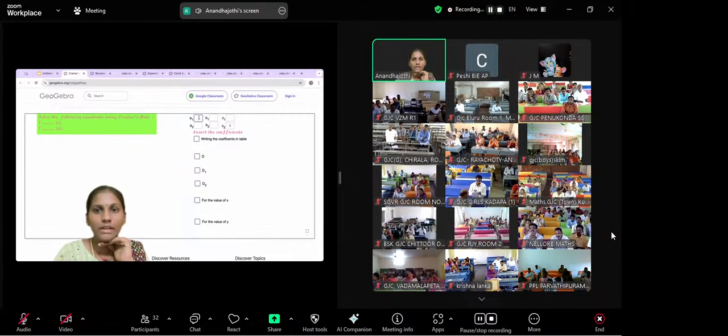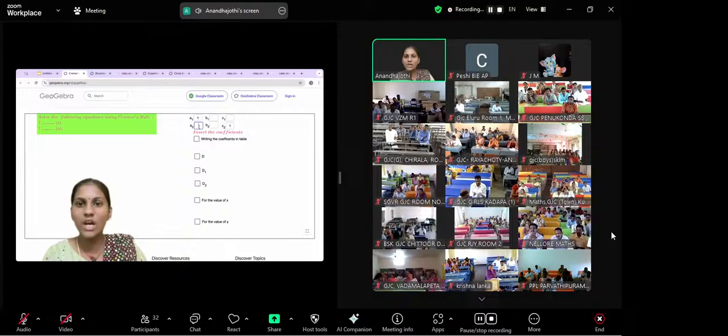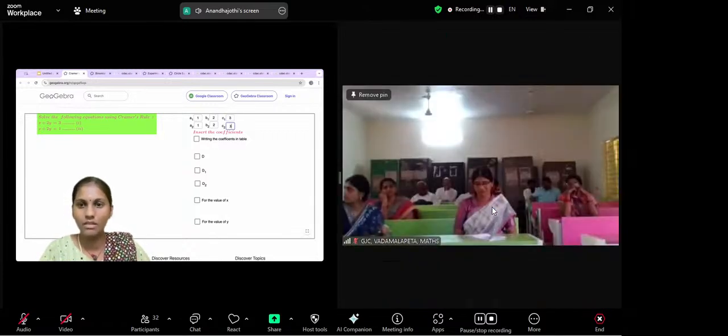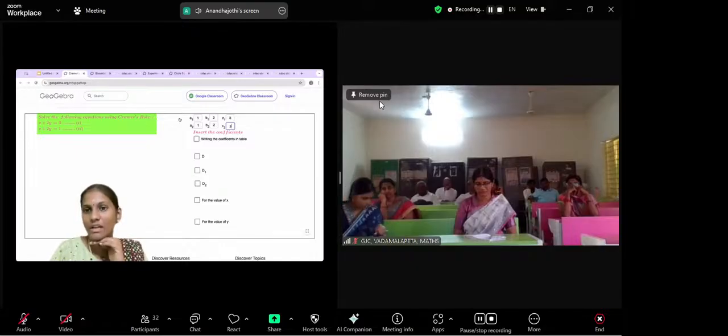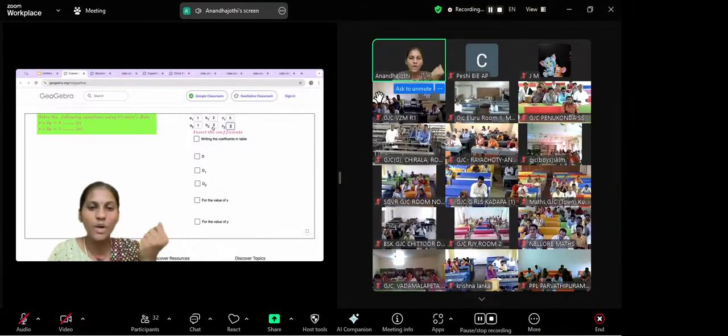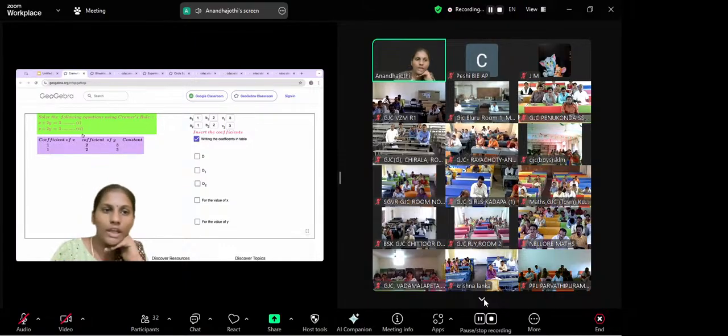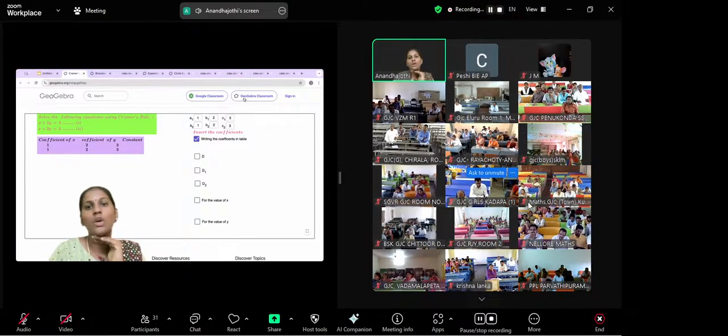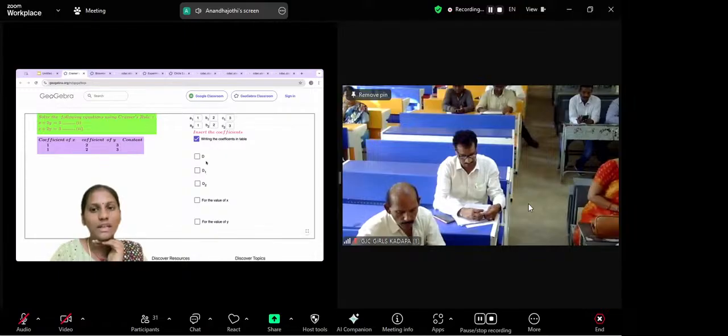A is the coefficient of x, B is the coefficient of y, and C is the constant. We can fill whatever numbers we wish, or whatever we have in a question, right? So we can write clearly coefficients of x 1, coefficients of y 2, constants 3, and now